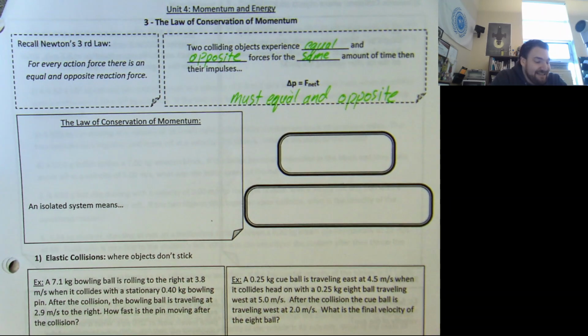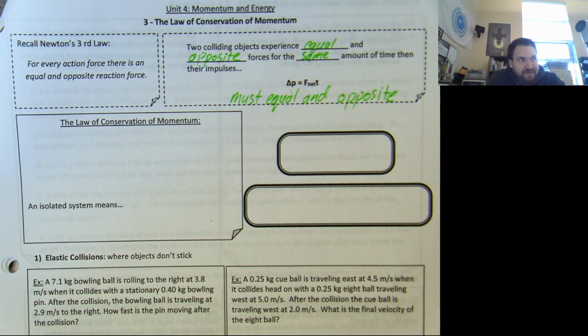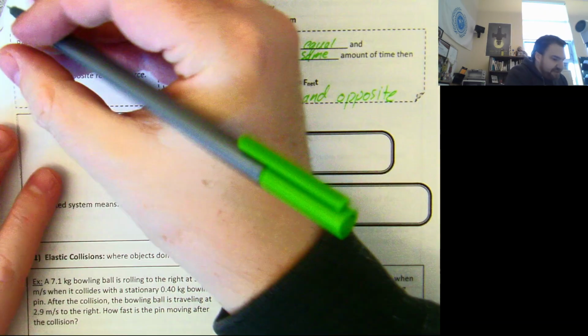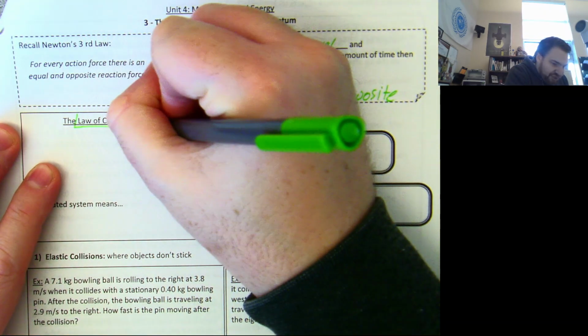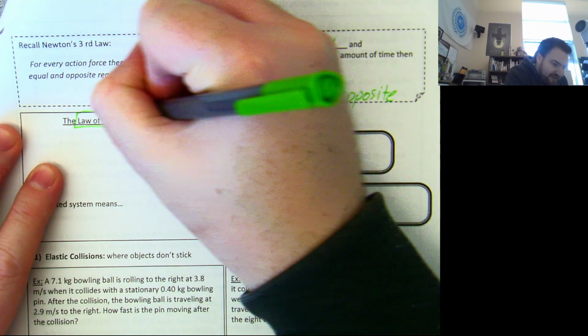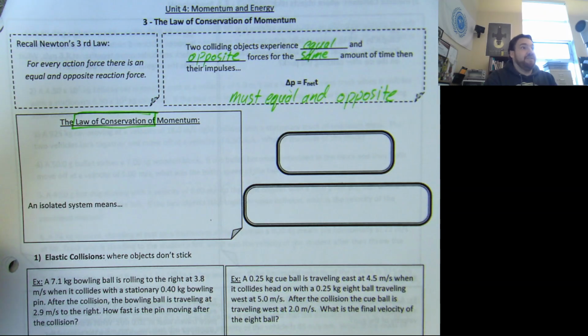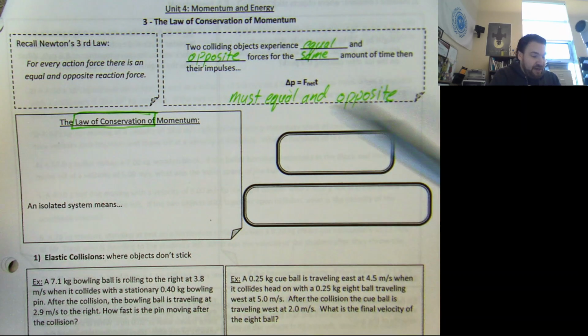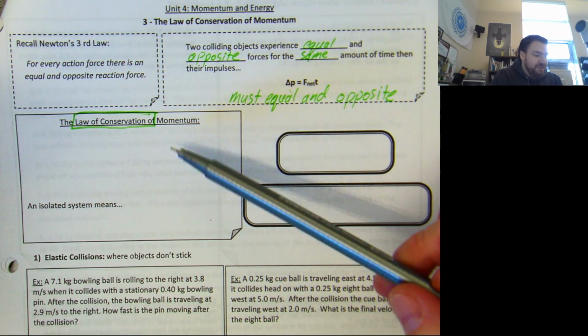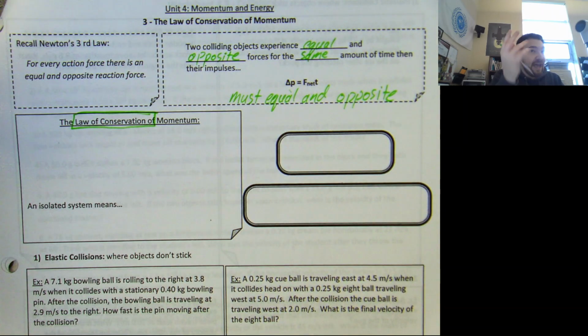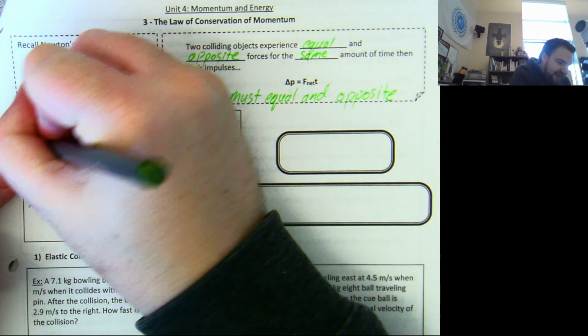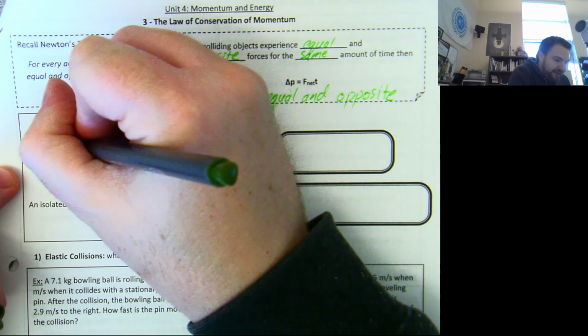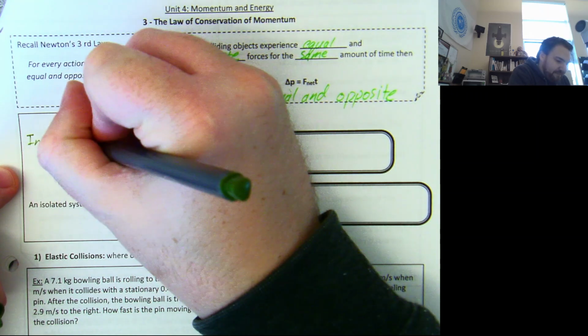This idea leads us to something called the law of conservation of momentum. Now, in physics, conservation laws, the law of conservation of whatever, these conservation laws are awesome. There's a bunch of them. They're wildly important. And so this is the first one that we've talked about. We're going to talk about another one next chapter. But this one, the law of conservation of momentum, says that, in a closed system, or in an isolated system,